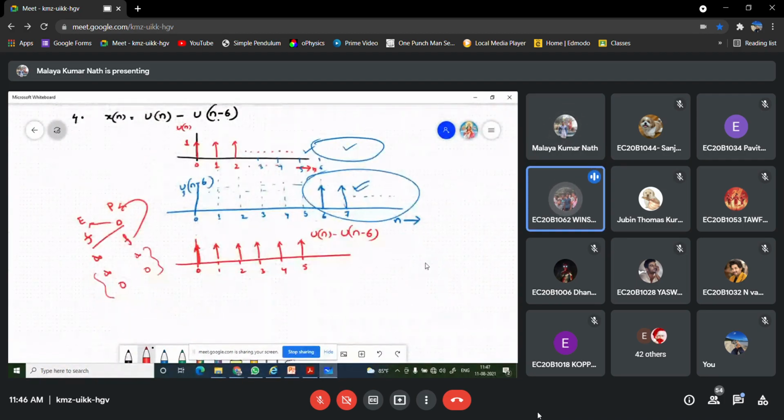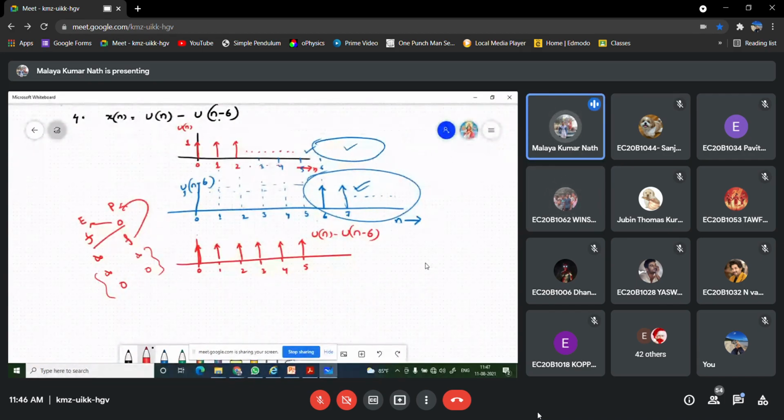So it is not actually energy, but we are finding it to check if it is an energy signal or not. No, how do you say that this is not actually energy? I don't know, sir. I don't understand how squaring and adding will give us energy. Where are we adding? Summation we are doing that, sir.